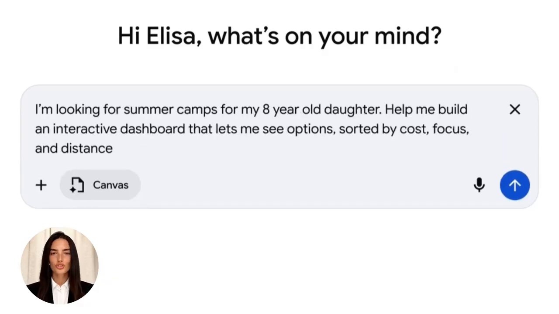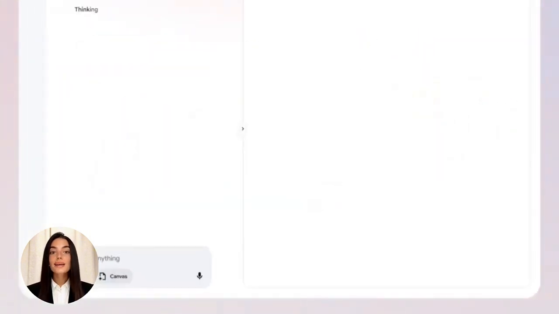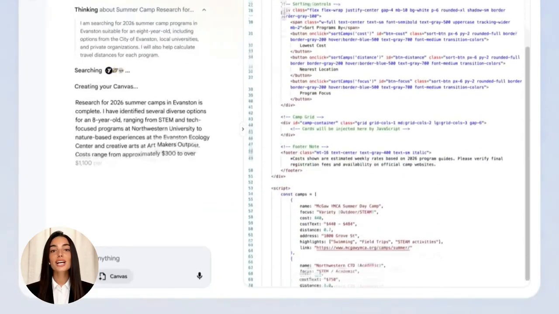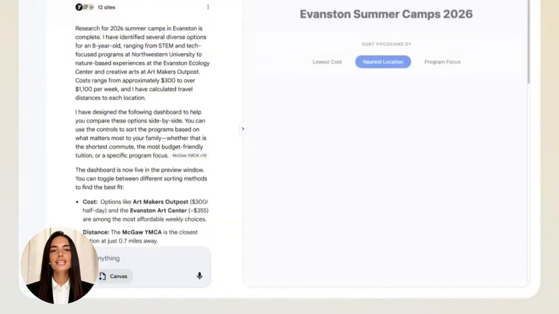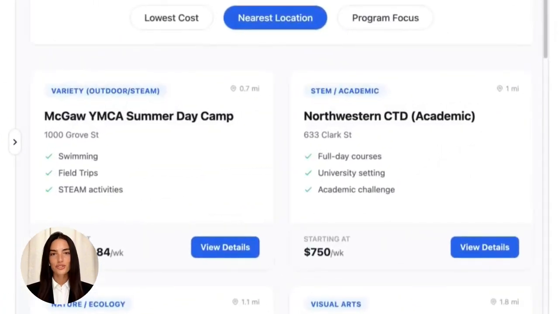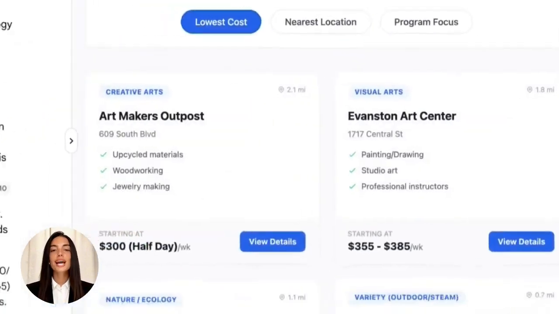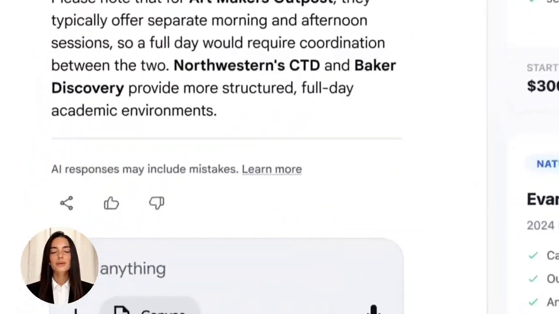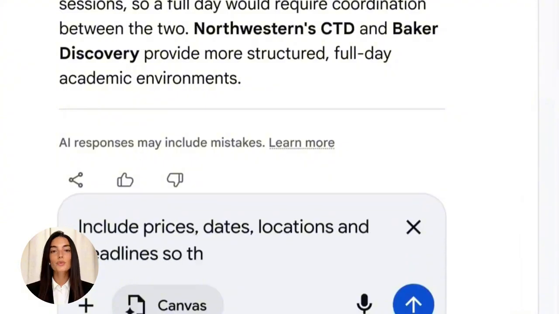Tip 2. Use follow-up prompts to refine. Canvas is designed for iteration. Get a draft, then highlight the part you want to change and tell it exactly what to do. Shorten this section by half, or rewrite this in simpler language. Tip 3. Tell it what you're going to do with the output. I'm going to share this with clients, or this is for a team presentation, helps Gemini calibrate the tone and